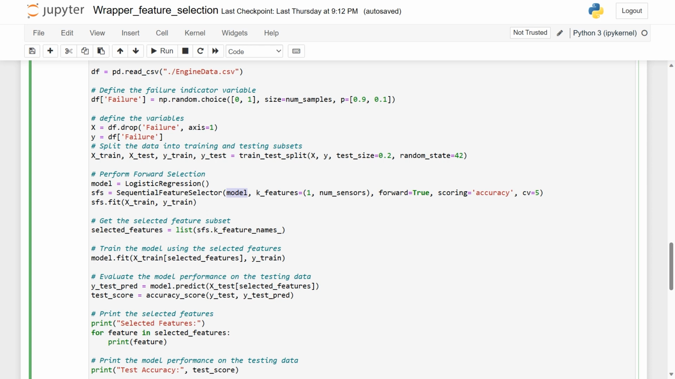That's the reason our sequential feature selector class is going to take the model object as the first argument. Then we have to mention k features. K features is nothing but the number of features that you want to give, and it stops when the specified number of features is reached. Basically this is another stopping criterion. If we reach this number of features, just stop there. Here I just mentioned one feature, so that's what I'm going to get. Okay,